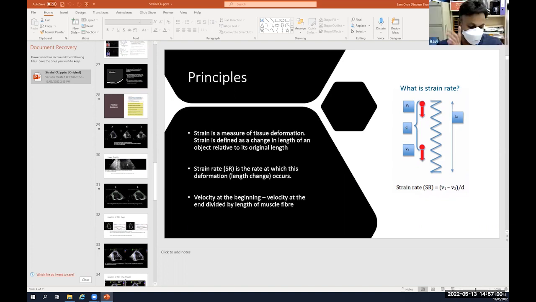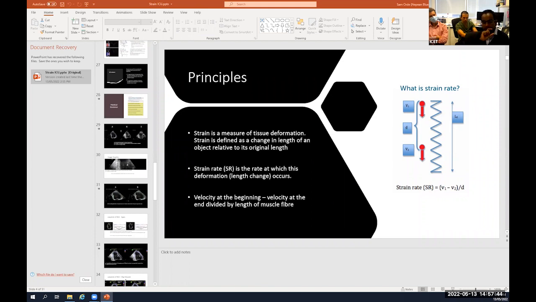Yes, sorry, one more question. 100%. When we give a number for strain, is it calculating all the radial, circumferential, longitudinal for that area? No. So the number that you get when you do your assessment looks at global longitudinal function only. So it looks at the GLS only. That number, minus 20 or minus 15 or whatnot, looks at global longitudinal function of your LV, or the RV if you did that. If you want to do radial strain or circumferential strain, you have to do it off